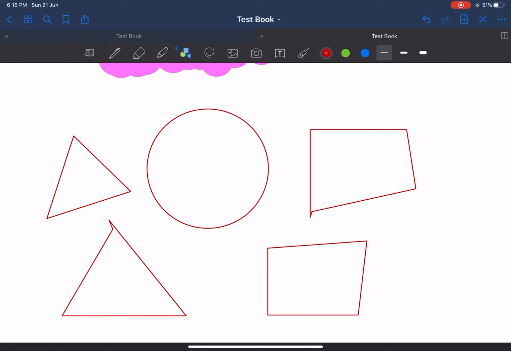Now these options are there again. To import any photo or something, you can import directly from there. For writing any text, there is a text option. This is for writing text, and this is for presentation. If you want to give a presentation, this pointer option will be there, and the pointer will show on the screen. Once you connect this iPad to any external screen or monitor, you just touch your pen on the iPad Pro screen, and this red dot that you are seeing will be visible on that screen itself.